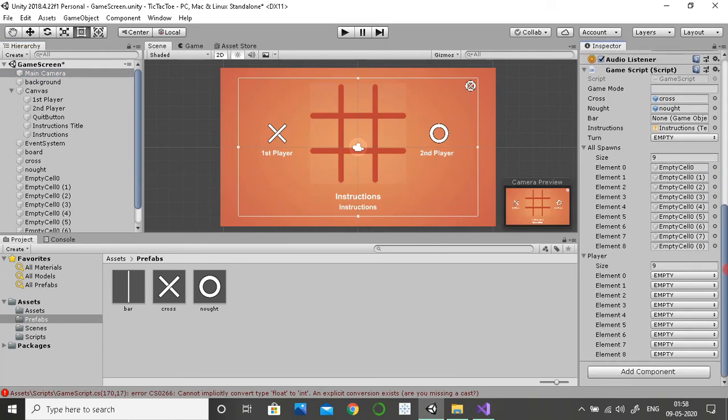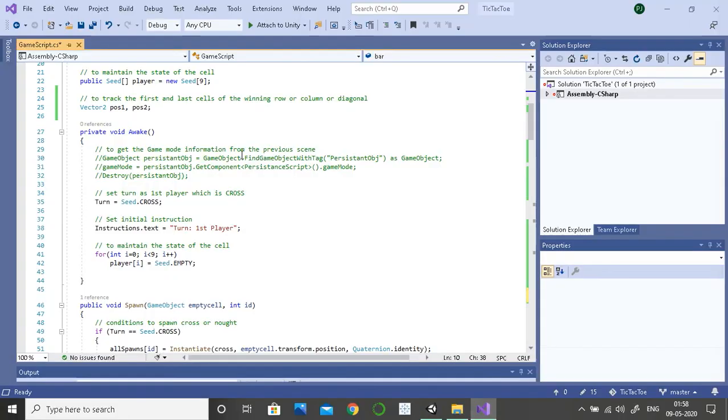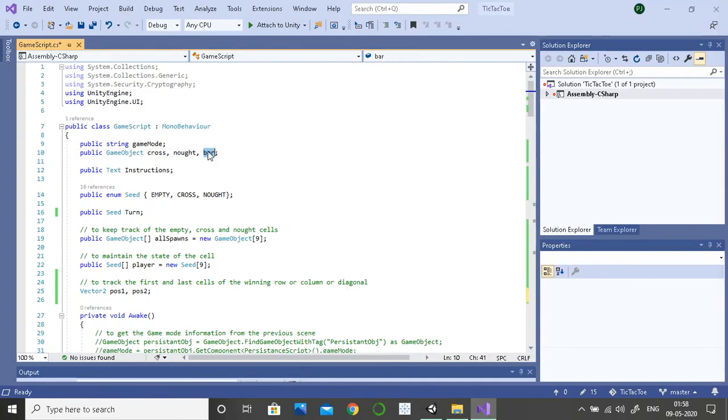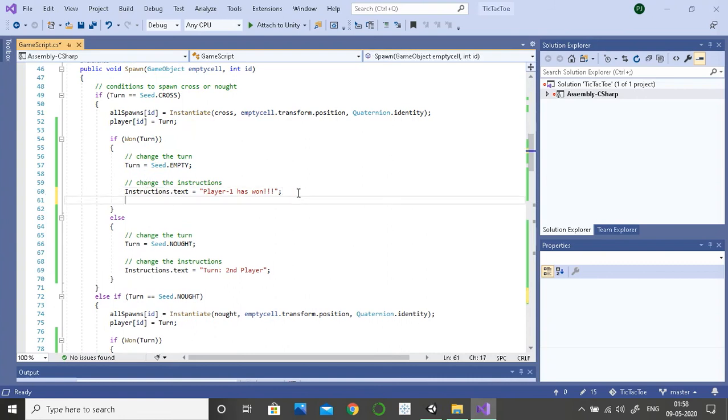Let's go to our camera, and as you can see, our bar is currently empty. I will drag it and place it here, bar. Now we have cross, knot and bar. So let's go to this win condition,